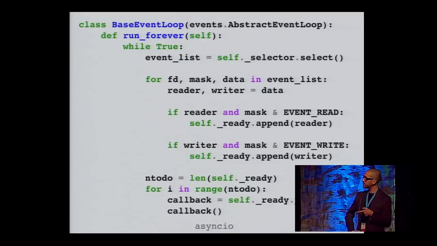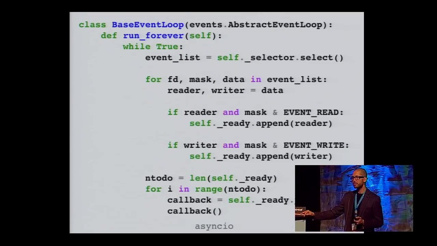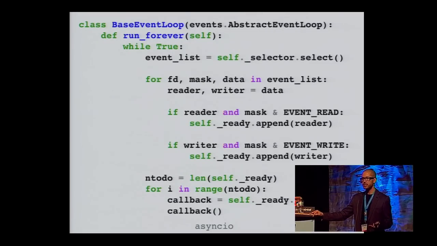Here it is, and now we're back in async IO. We're back in the standard library. This is the third event loop method that we've seen. We saw create server and accept connection, and now this is the third and final method we need to look at, run forever. Now, as you would expect from the name, run forever is an infinite loop.